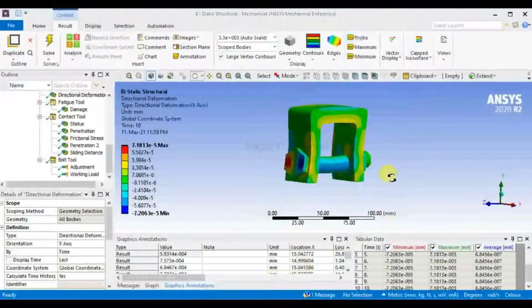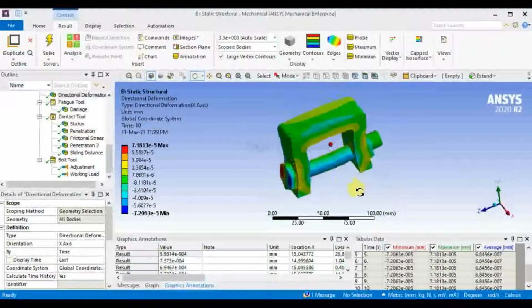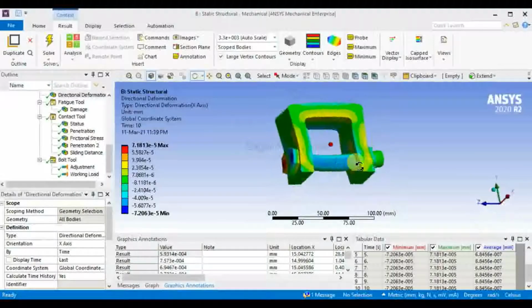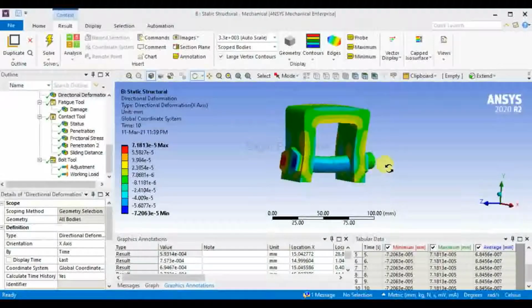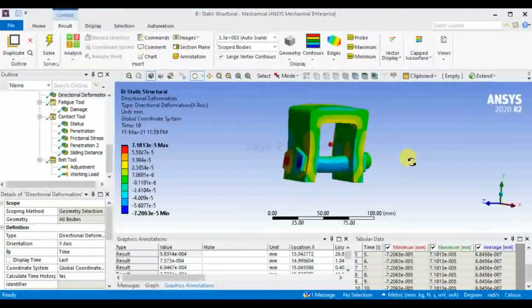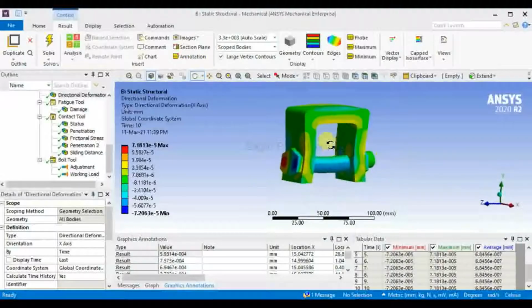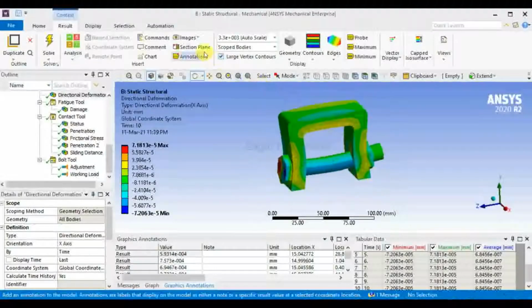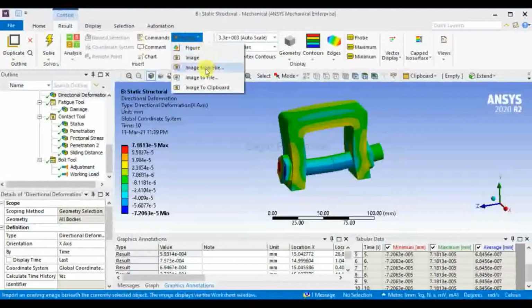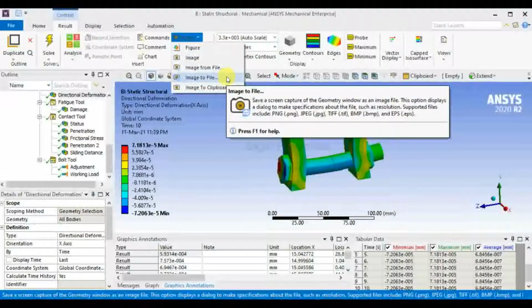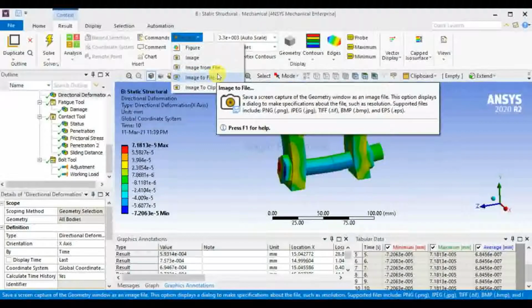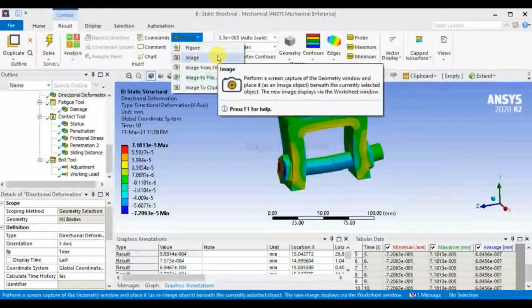Okay folks, that's it. This is the complete bolt pretension analysis we have done in ANSYS. Similarly, if you want to take a picture of the complete analysis profile in different shades, you simply click on the result tab, go to images and images to file. You can just click here or simply click image.